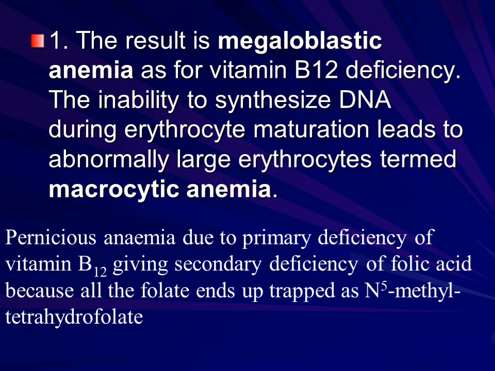Pernicious anemia due to primary deficiency of B12 giving secondary deficiency of folic acid. يعني إذا شخص عنده pernicious anemia السبب هو vitamin B12 deficiency لكن راح تؤدي إلى secondary deficiency of folic acid. يعني الفوليك acid ينتج عن due to deficiency of vitamin B12